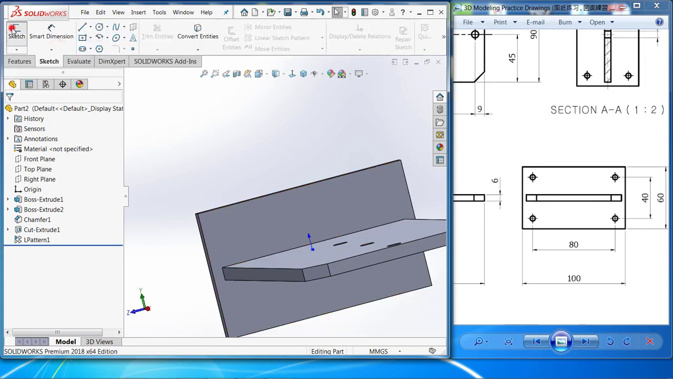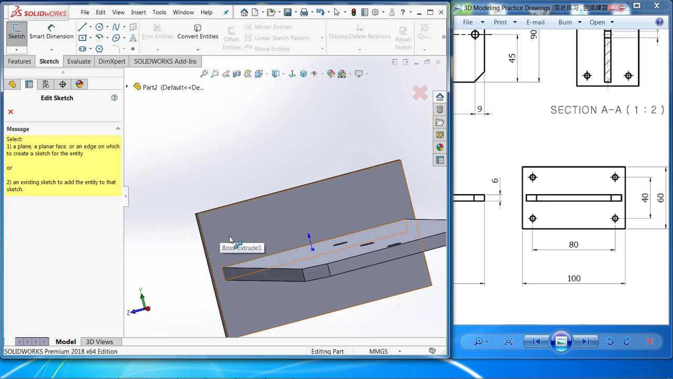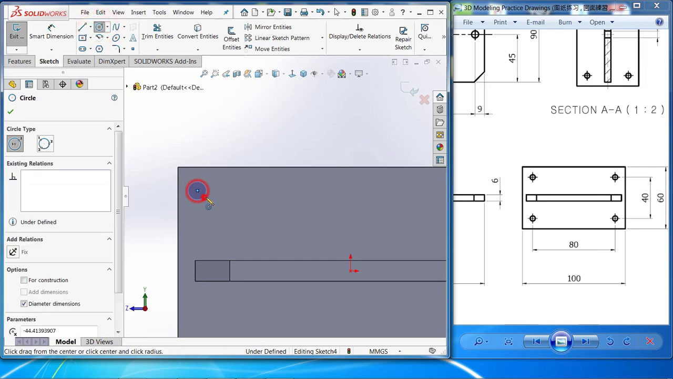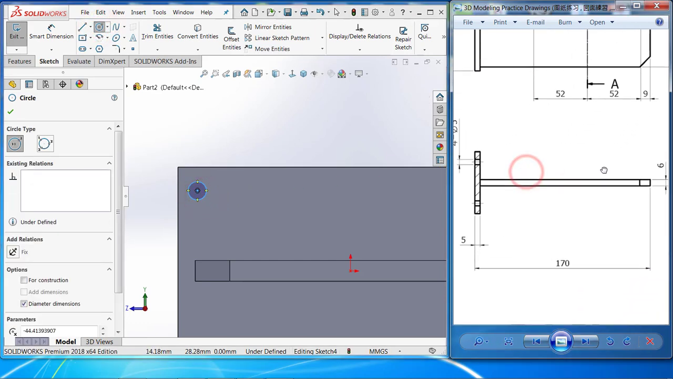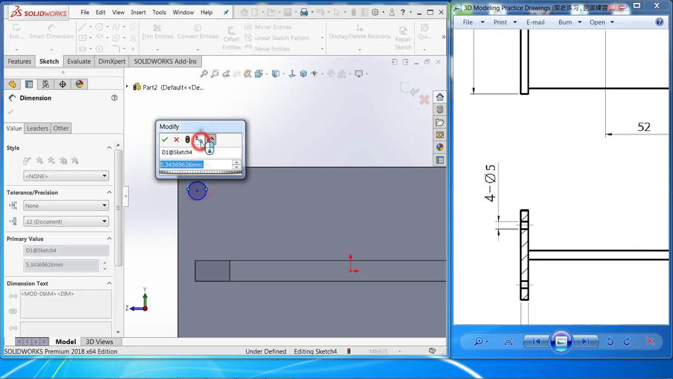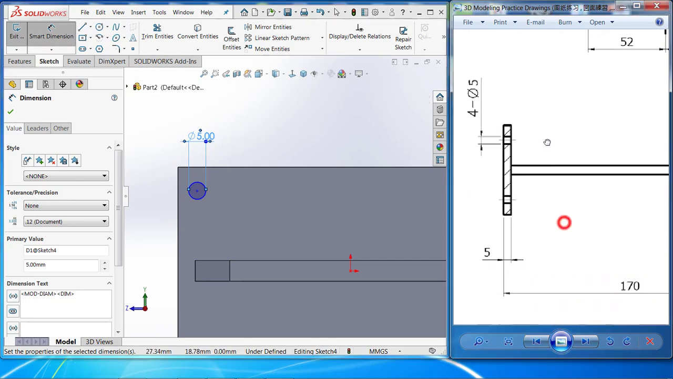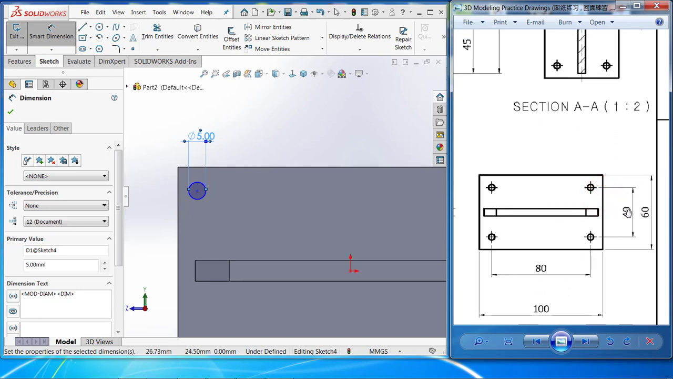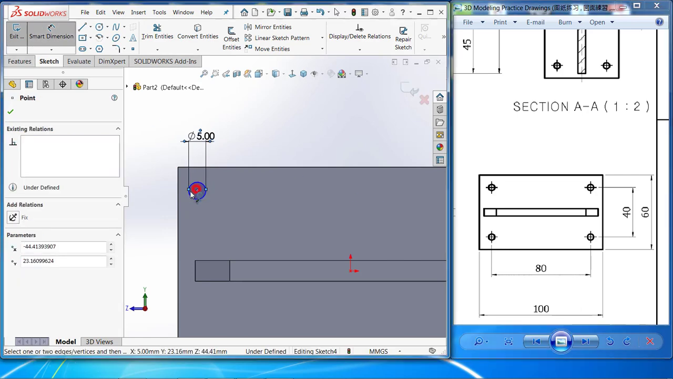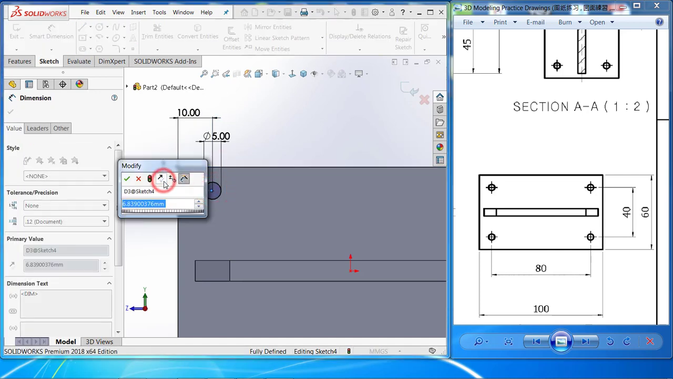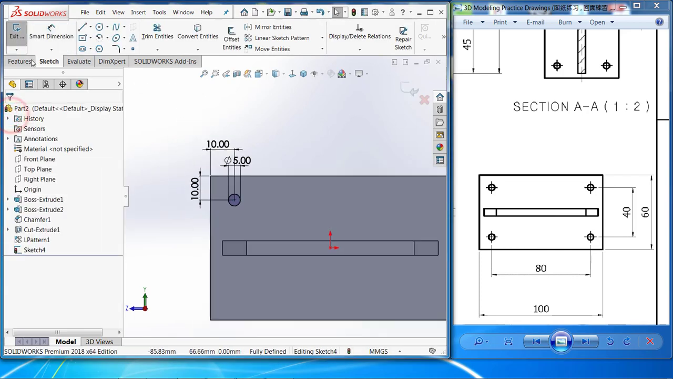So select sketch and select this plane perpendicular. Now select circle, make one circle. Diameter of this hole is 5 mm. 5. Now give some relation. This is 60, this is 40, so this is 10, this is 180, also this is 10. So give dimension 10, also this is 10. Okay. Now extrude cut it